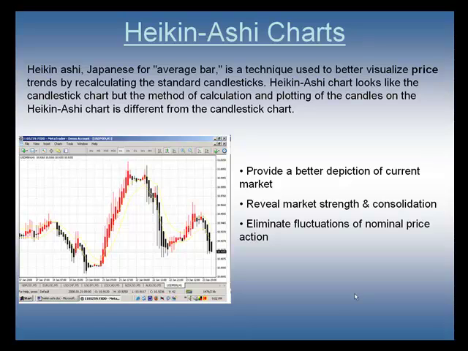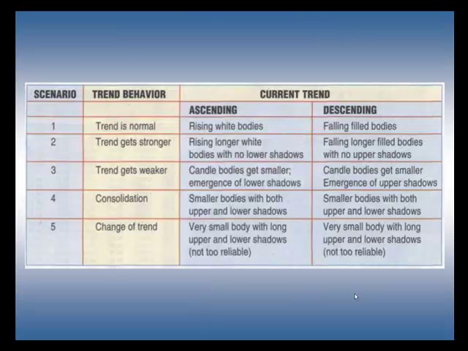Some people use things like moving averages, Bollinger Bands, price action channels, wherever it may be. But the Heikin Ashi charts also give you another indication that you can stay in the trade, because we have that nice smooth bottom, we have the nice long wicks, and that allows us to eliminate the noise of the price action, the distortion of the little bit of up and down that you might see with candlesticks. And one thing that's also important that I don't have on there is that Heikin Ashi candles are better on the shorter time frames, 5 minute, 2 minute, 3 minute, tick charts, than they are going to be on a daily chart or on a monthly chart.